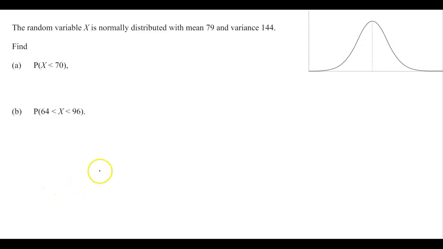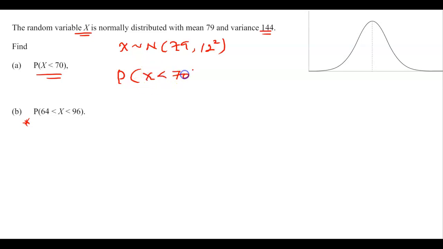For this type of question, there's something I want to show you specifically for part B. But let us see the question. The question says that X is normally distributed, X is the normal distribution, with a mean of 79 and variance of 144. So its standard deviation is 12, so 12 squared. Find the probability that X is